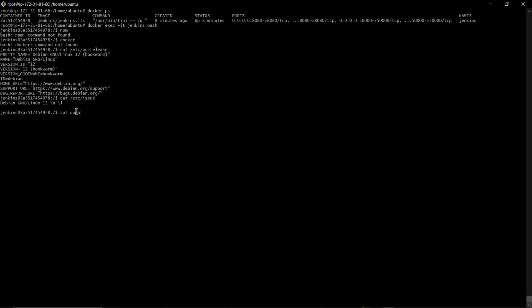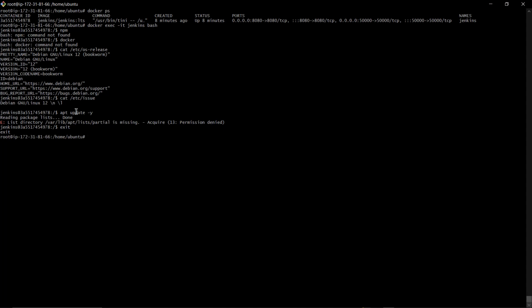First of all, update your package manager, and use -y to accept all the dependencies. I'm going to use update to check if there are any available updates. It's going to show me permission denied. So I'm not allowed to run apt as a normal user. Remember, each time you want to install or update your packages, you have to run it as a sudo user. So I'm going to exit here and log back into this container